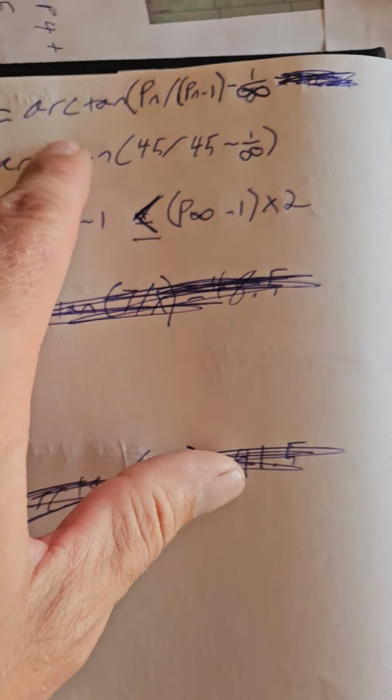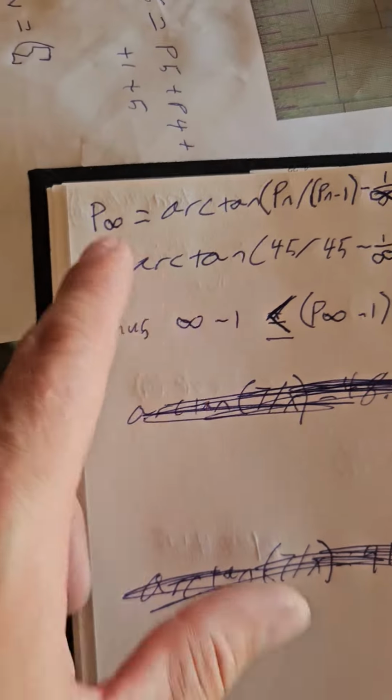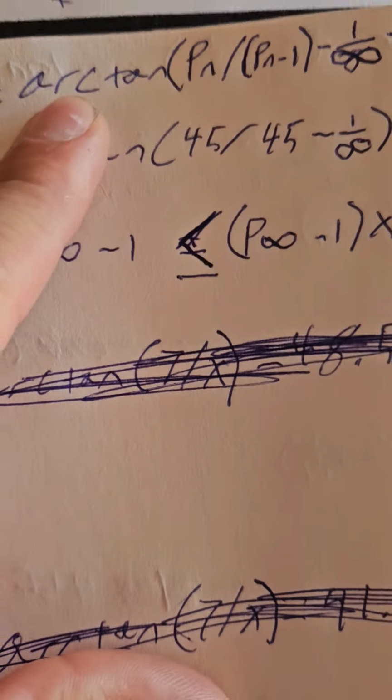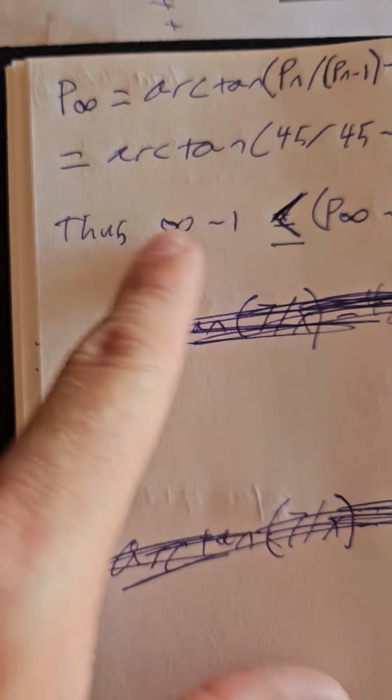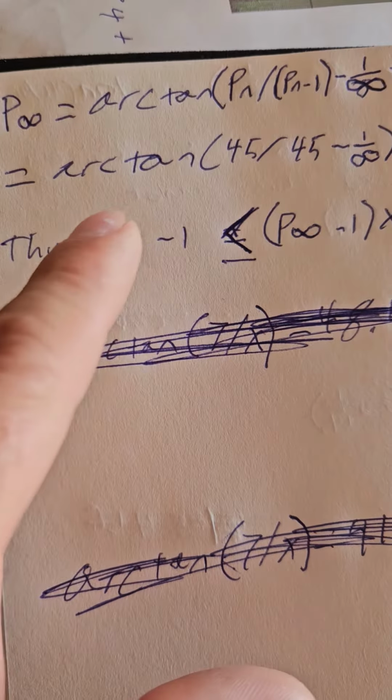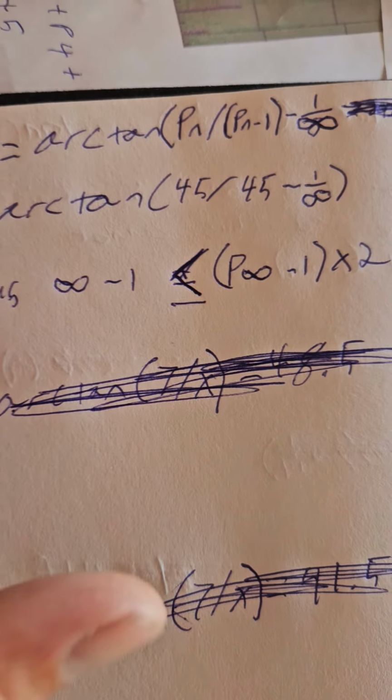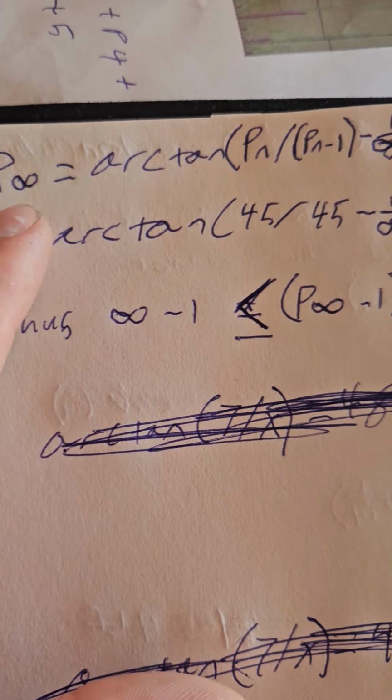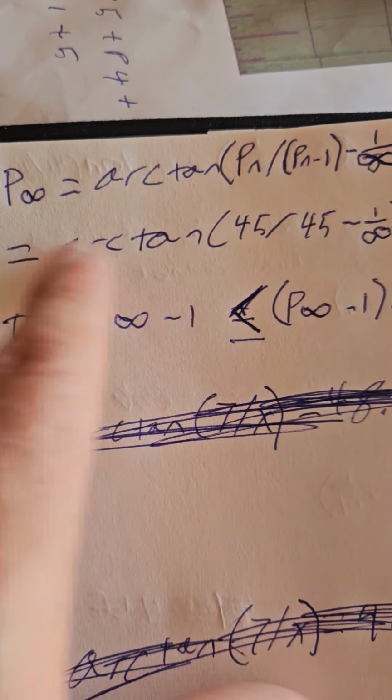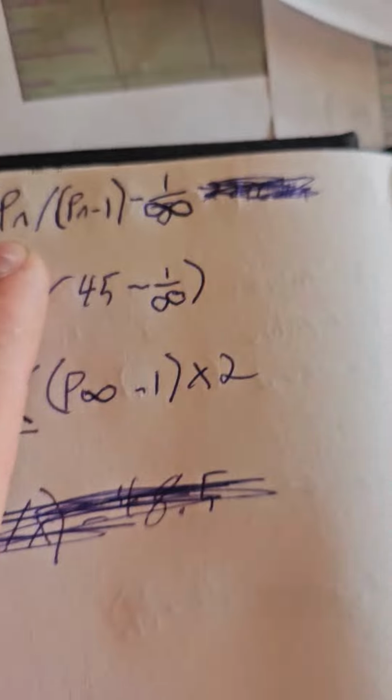Alright, so if you're watching my videos, I'm using arcsine and arctangent somewhat interchangeably. They create the same number, but if I program it, it's got to obviously always be the same. But my definition, as I said before, is that the infinite prime number exists where the arctangent of